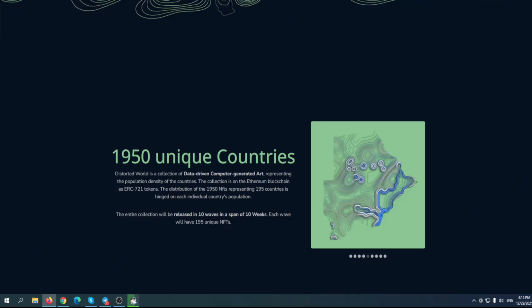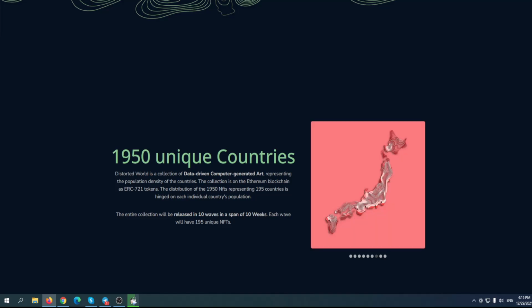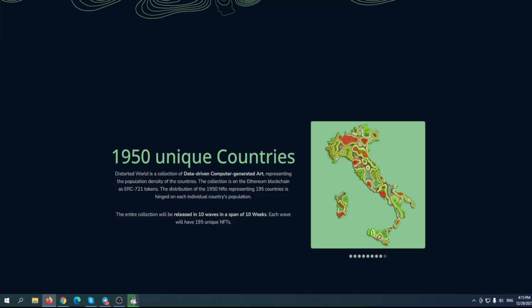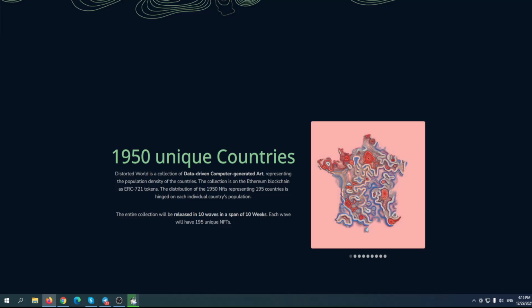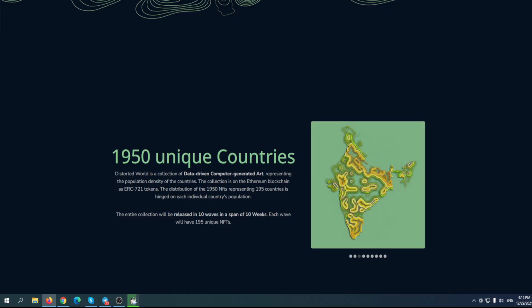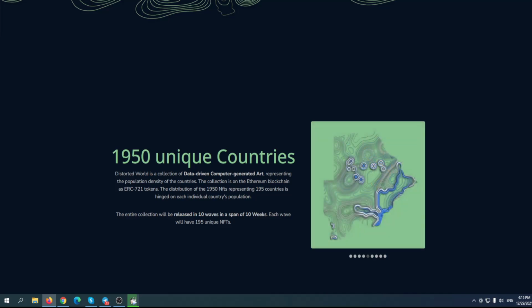So 1,950 unique countries. Distorted World is a collection of data-driven, computer-generated art representing the population density of the countries. The collection is on the Ethereum blockchain as ERC-721 tokens. The distribution of the 1950 NFTs representing basically 195 countries, recognized countries in the world, hinged on each individual country's